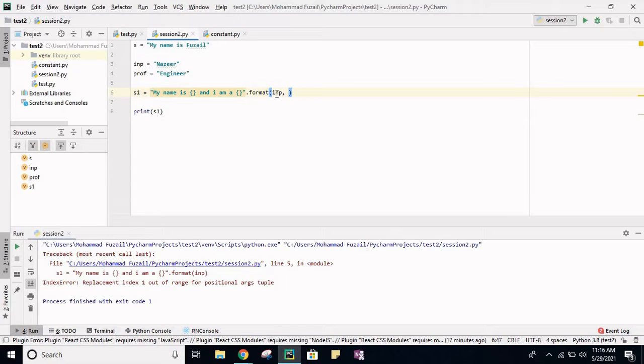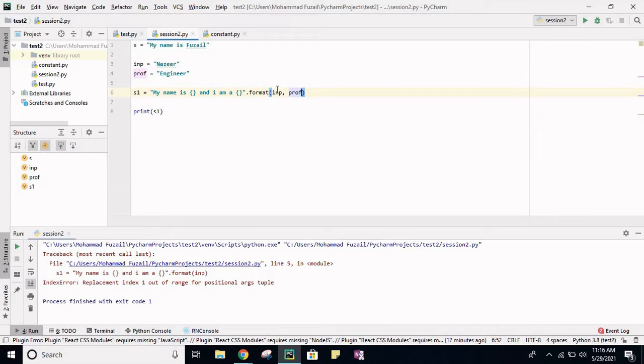Index starts with 0. The first value we pass in the format function is at index 0, and since we also need to pass another value at index 1, it shows that index 1 is not there. If I pass profession now, it will not show an error and this value will be added here.